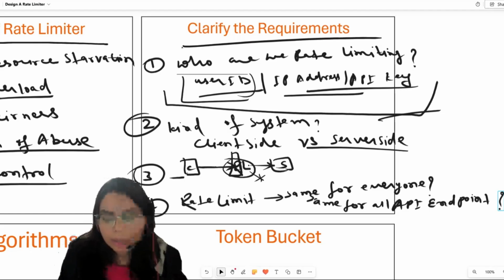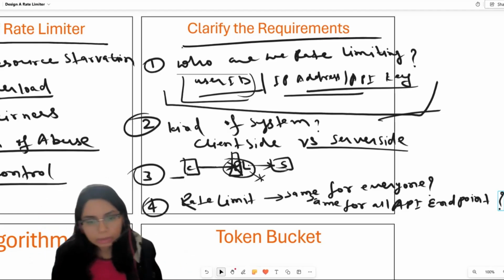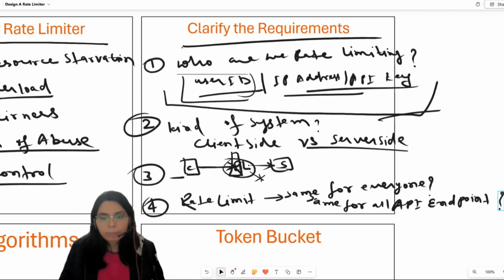Actually, even the interviewer can ask you these questions. Are you going to put in your design the same rate limit for everyone, the same rate limit for all the API endpoints, or different rate limits? It is always good to have that kind of flexibility, that kind of scalability, to consider different rate limits for